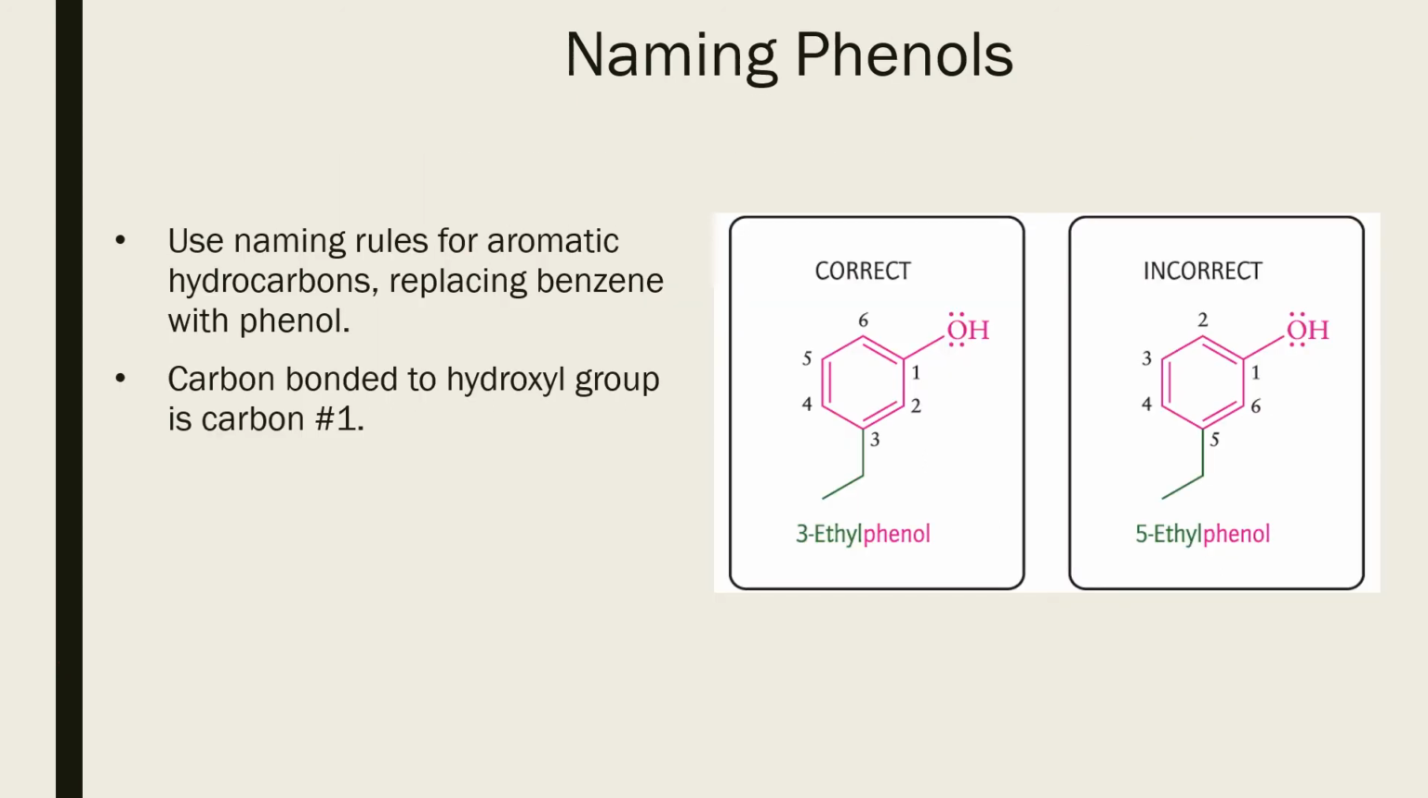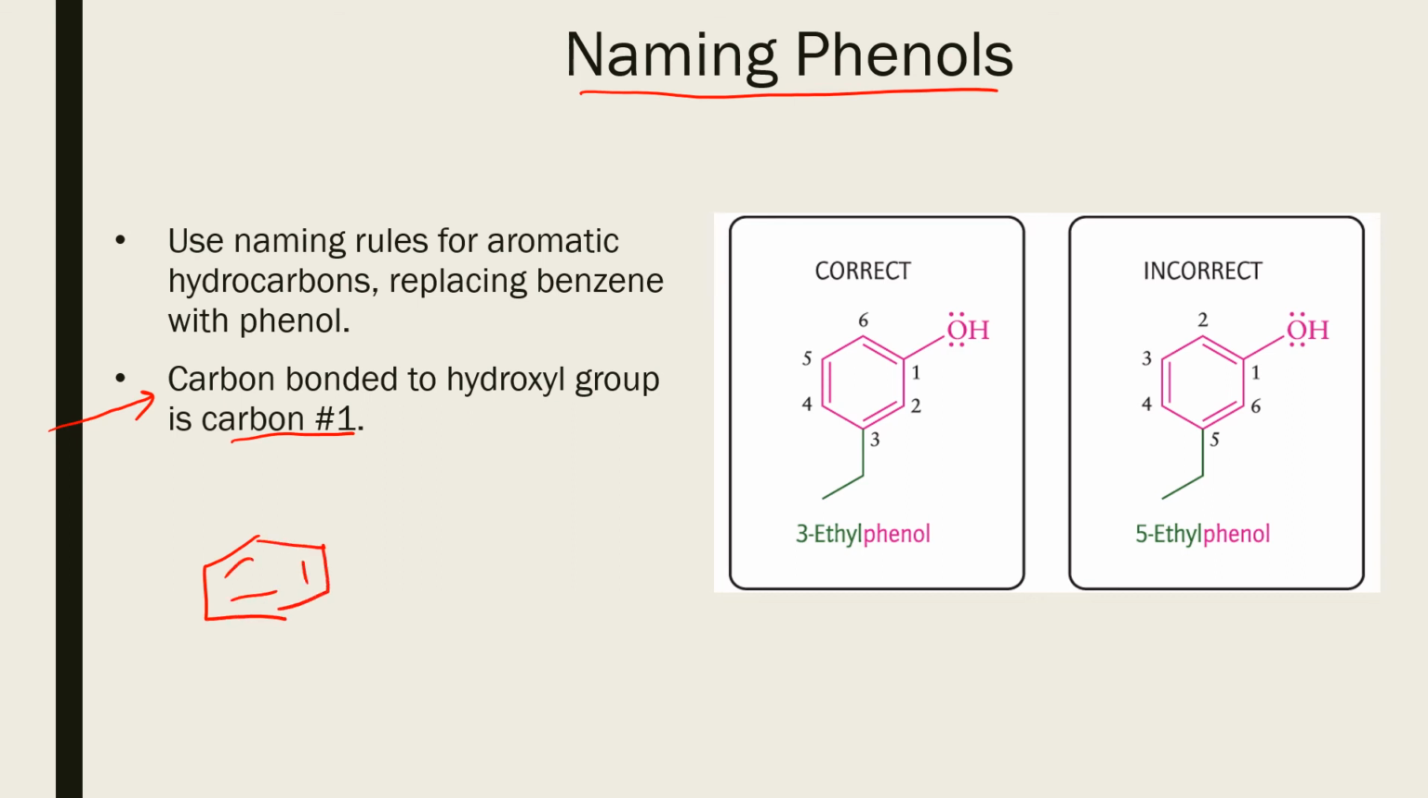Phenols are named similarly to aromatic hydrocarbons, which we learned in the previous chapter. In the case of phenol nomenclature, we use the parent name phenol instead of benzene, which was used in aromatic hydrocarbons. Also, there is another modification: in the case of phenols, the carbon bonded to the hydroxyl group is always considered as carbon number 1. For example,